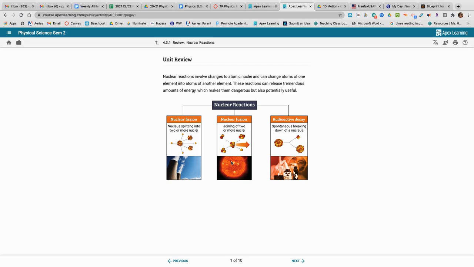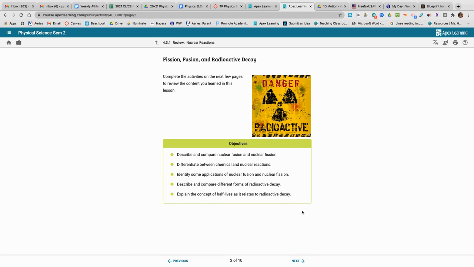And radioactive decay, the most common use is carbon-14 dating. Every living species has a certain amount of carbon-14 in their bodies, in their anatomy. And the carbon-14 decays after that living species dies. And so you can detect the amount of carbon-14 in a fossil and know how old the fossil is, or how long ago they were alive. Okay, so